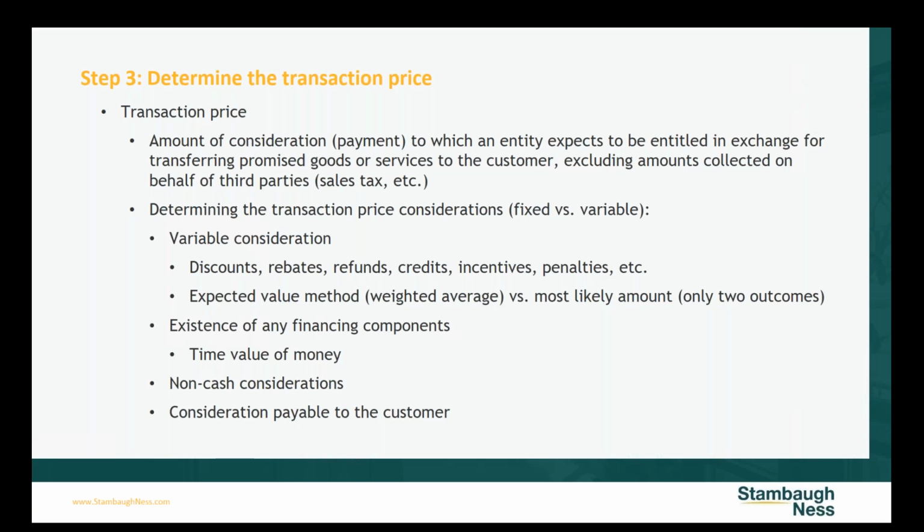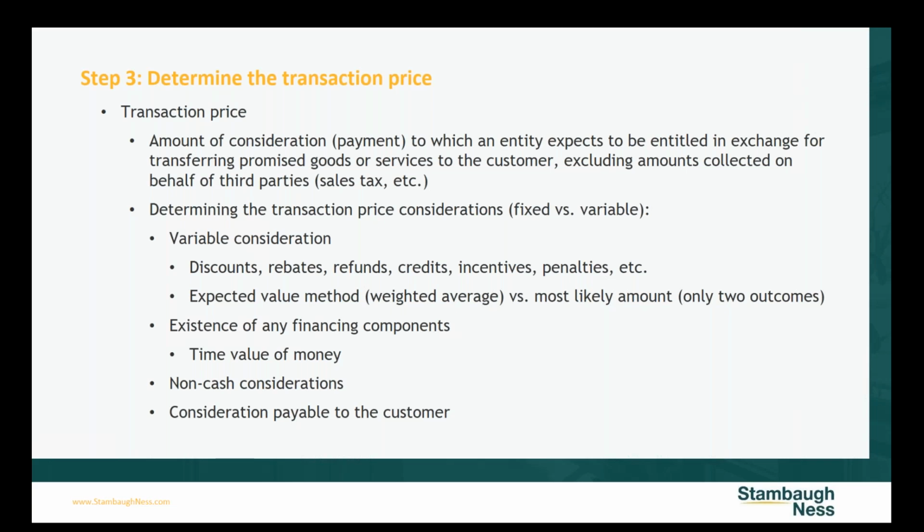One thing to note is you would exclude anything collected on behalf of third parties. So if that $500 included sales tax, you would not include sales tax in any of your calculations. Now, in our example, we're not going to worry about that, but I did want to include it. If you have to then pay sales tax, you would not include that, or any other payments that would be collected on behalf of third parties. This would be specific to the revenue that your organization recognizes.